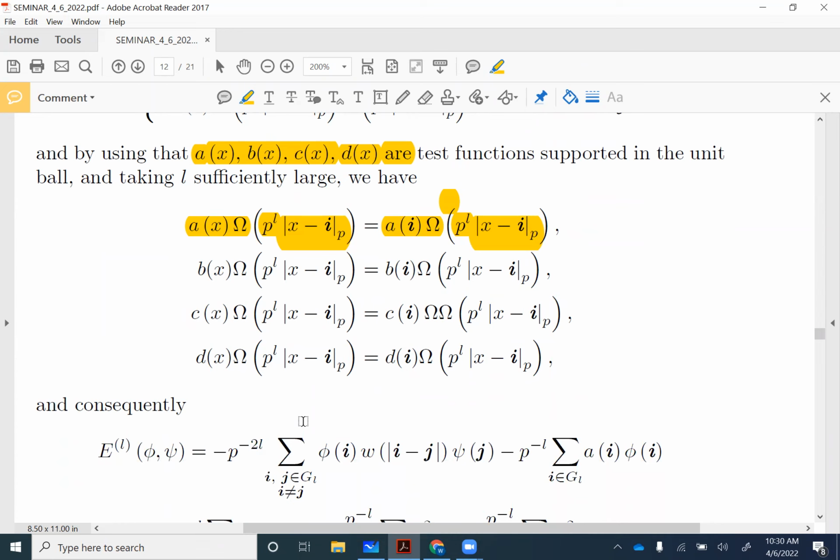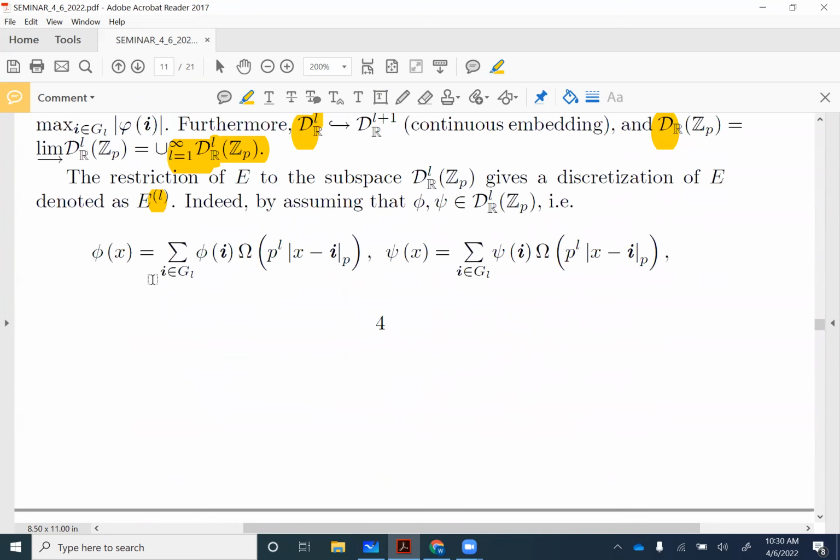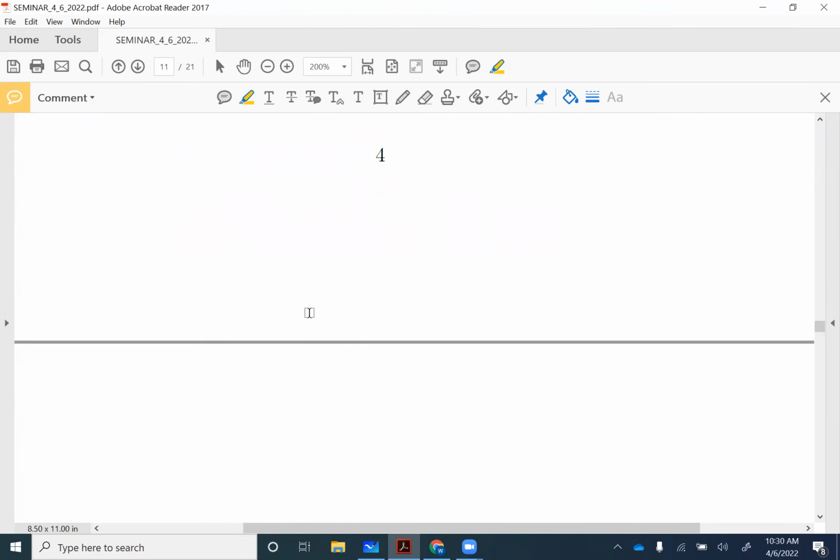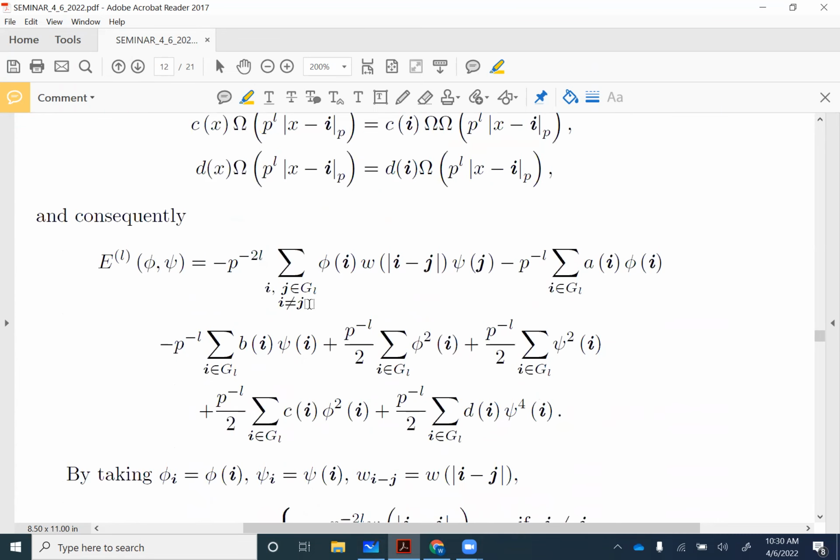Now, if we have to represent all these functions in this base, and if we replace all the functions in this functional and do some calculations, we get this expression. Okay, so basically we get this expression. This is the discretization of the integral involving the kernel W. Okay, this is the discretization of the linear term